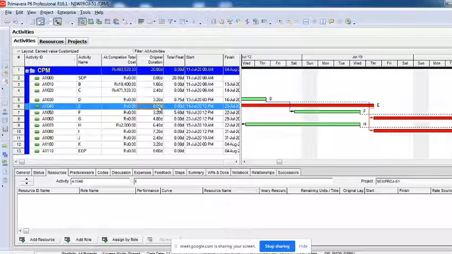There can be n number of baselines. As many times as the client approves your change of the plan, you can create that many baselines. Or the client may have initially approved 3 plans. This is also one of the scenarios, but it usually happens in power projects. They usually come with plan A, plan B, plan C to execute, and all of plan A, plan B, plan C are approved by the client. So you can have plan A, plan B, plan C as 3 baselines, and your actuals will be compared to all the 3 baselines.